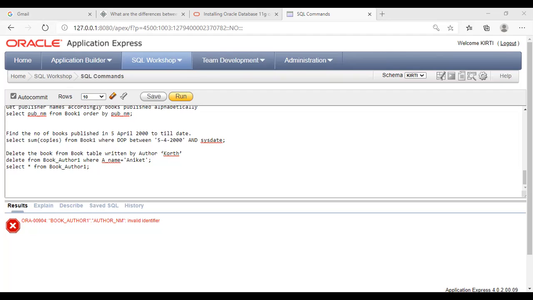I will show you here. These are the book ISBN numbers from the book table, and from book author we have these book ISBN numbers. So one common matching criterion is available in both the tables, that is the book ISBN. Depending upon that criterion we perform the inner join. For the common book ISBN numbers from the book table and book author table, only the title and author name get displayed.